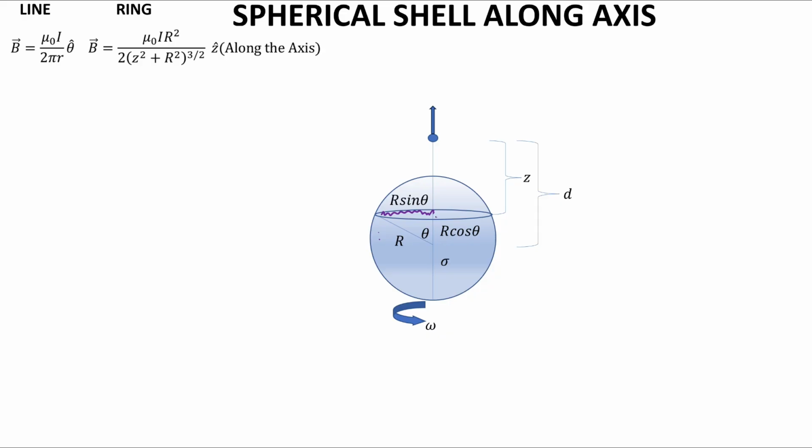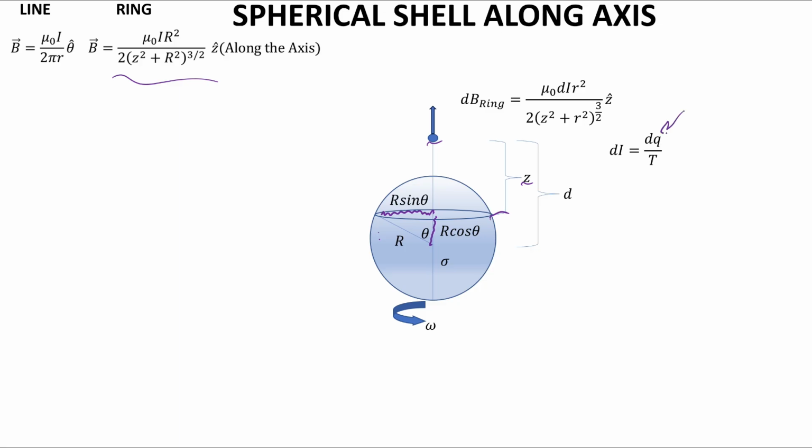Each ring is a distance from the center, r cos theta. The distance from the center of the whole sphere is d, and the distance from the ring, which is the thing I'm finding the field of, to my field point is z. So I can say that the field of each ring is, steal this result, and then I can say that